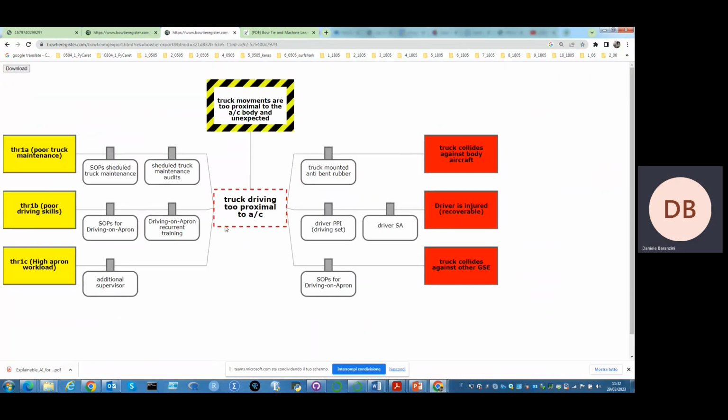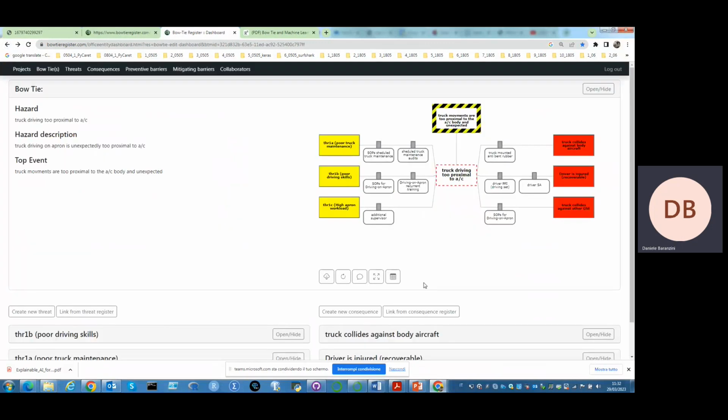The BowTie developed like this one, in this case, has a center event depicting a truck driving too proximal to the aircraft, in the context of aviation. We have the left-hand side and the right-hand side of the BowTie. All in all, the most important thing is that the